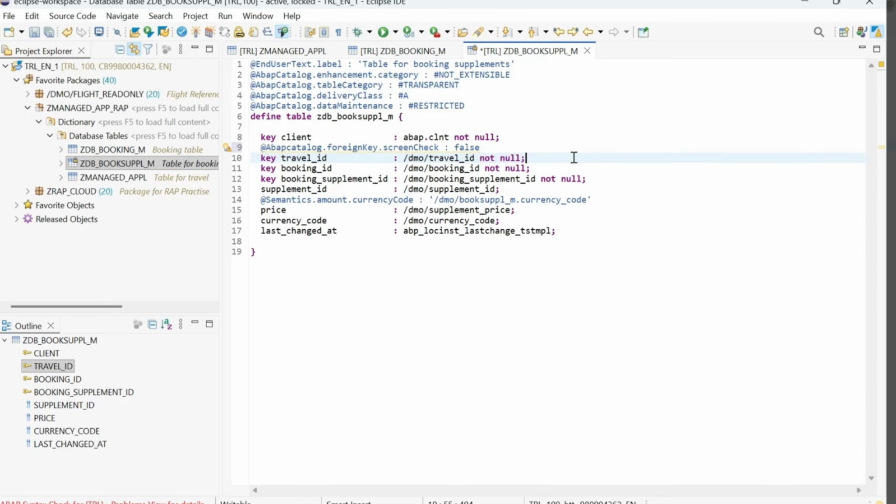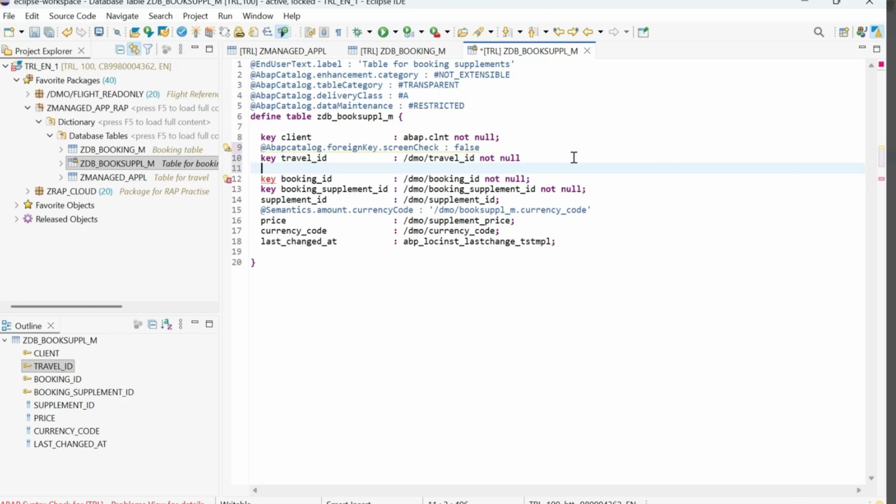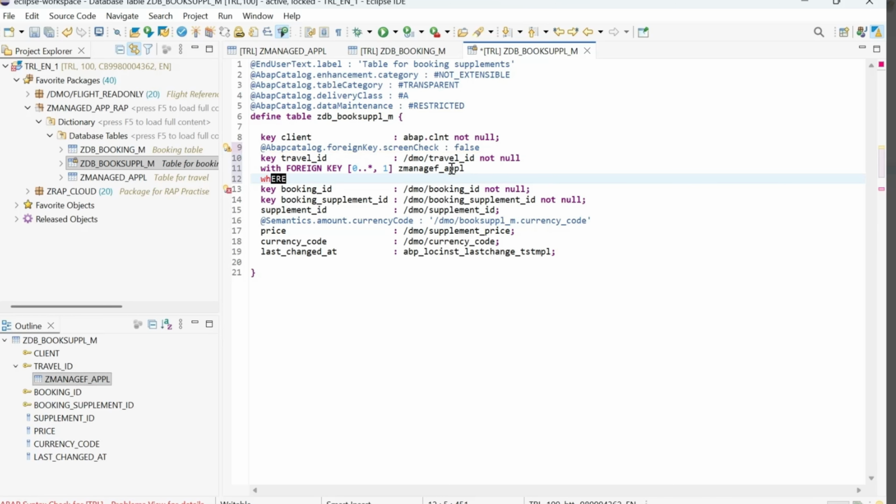And for travel ID, I have to write with foreign key, and I have to give the cardinality 0 to star comma 1. And to which table I have to give the cardinality, which is the travel table, Z managed underscore appl. This is the table for us in our case, and where